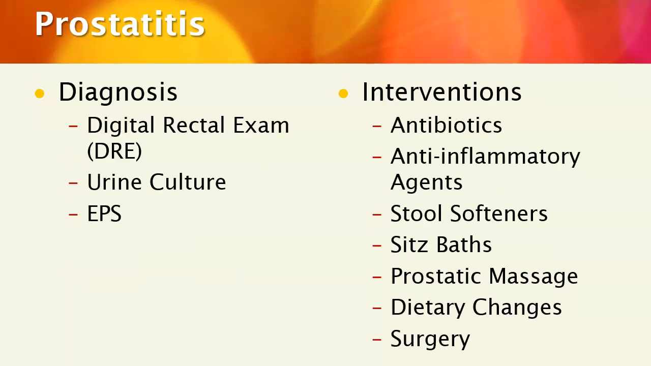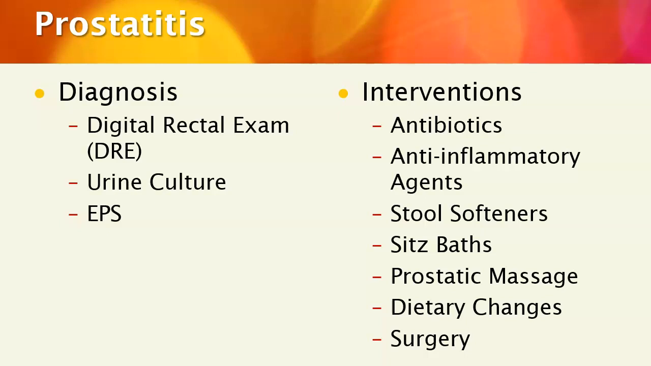So diagnosis for prostatitis, like I said, we're going to do a urine exam or urinalysis with a urine culture to make sure that we don't have a UTI in addition to the prostatitis. But to rule out prostatitis, they're going to do a digital rectal exam or a DRE. That is done by the provider examining the prostate through the rectum and basically palpating for any type